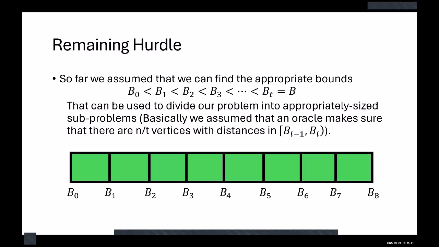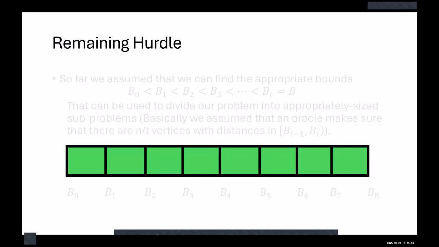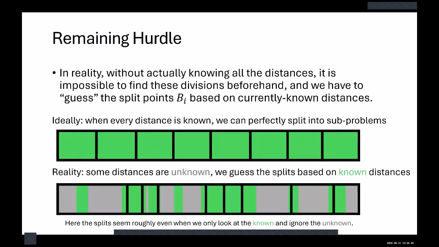So this kind of oracle stuff. Obviously we don't have the oracle. So in reality, instead of knowing all the distances, like in this case, and evenly dividing them into subproblems, and then evenly allocating all the vertices into subproblems,